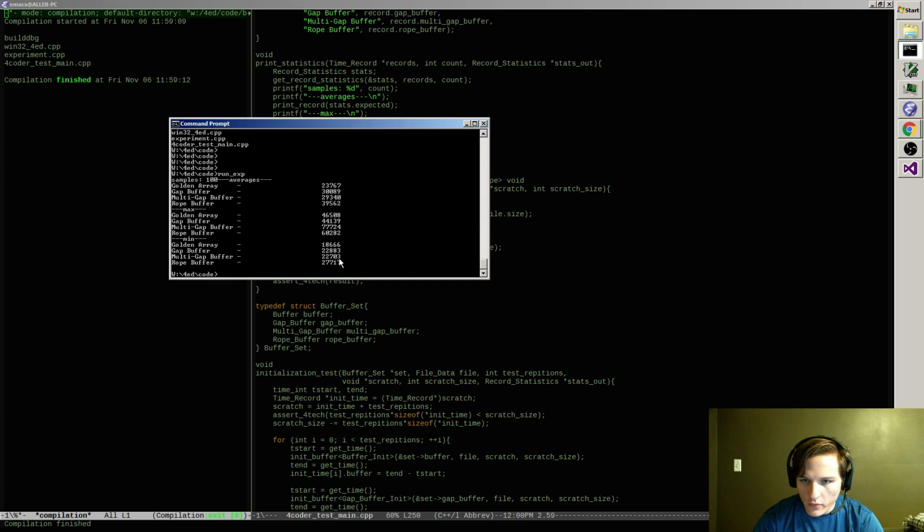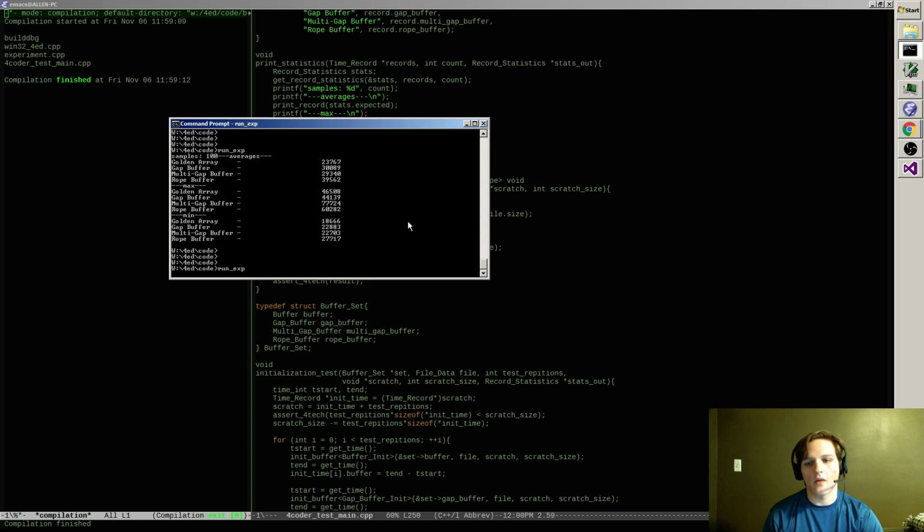The only one who is kind of interesting is that the max on these two doesn't always seem to be stable, which is interesting. And I'm not totally sure why that would be. But my guess is it's because multi-gap buffer does more allocations. And so maybe if it gets itself into a bad memory state, then it ends up spiking, but otherwise it doesn't do as poorly as this one. So out of 100, maybe there's a good chance that it spikes once, but it doesn't always. We should run again just to see, because maybe now that will behave the same way every time.